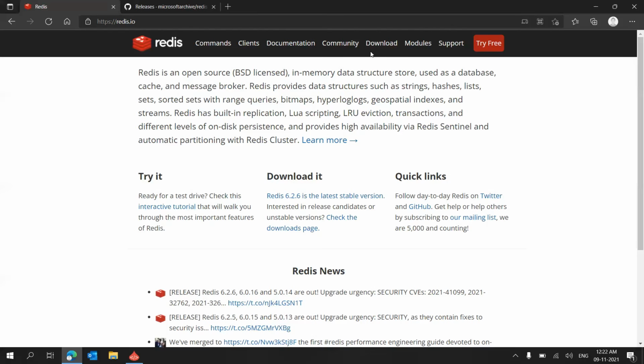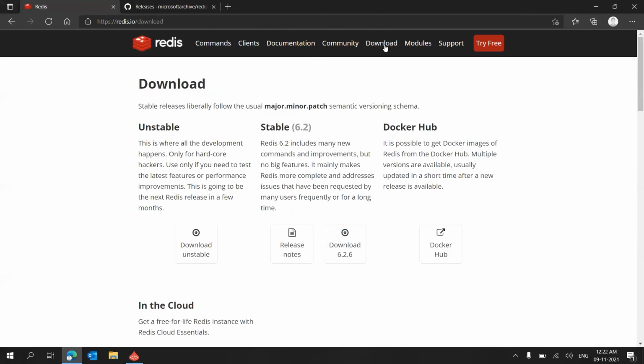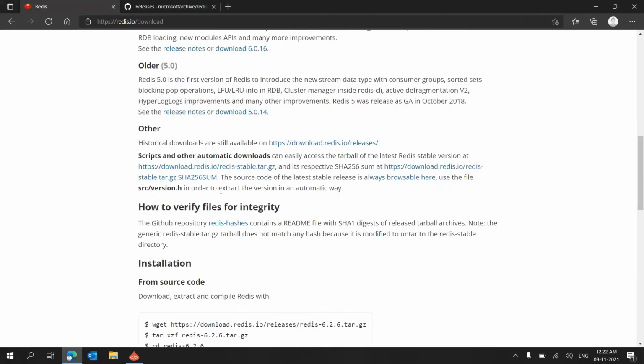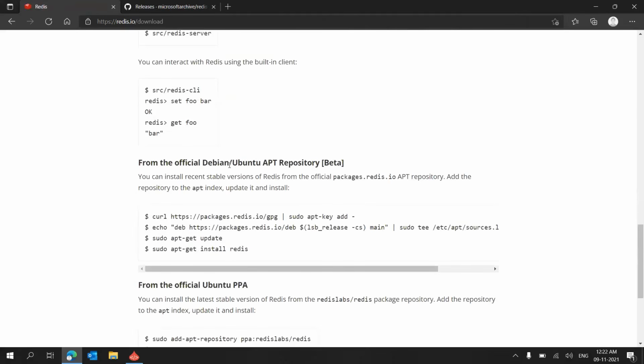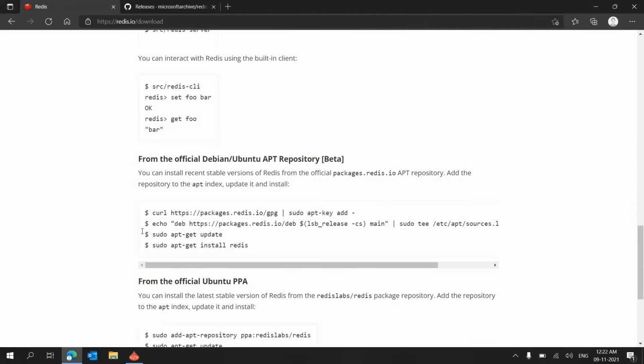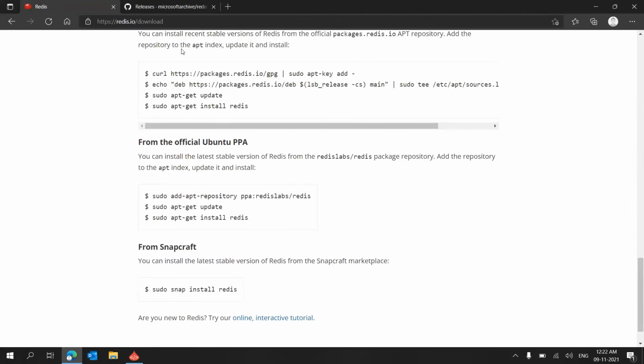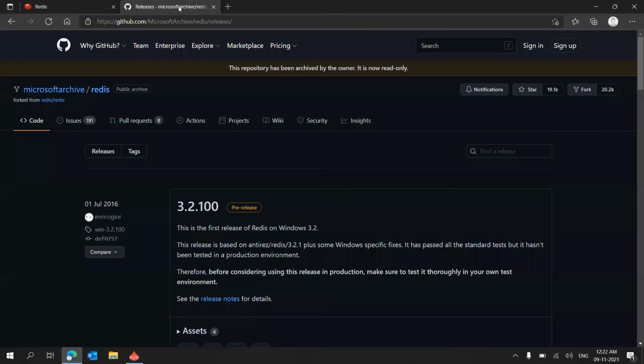Redis can be downloaded from this website itself. Here you can see the options for Docker. If you're using Linux, you can download it like this. For Debian, Ubuntu, all these details they have given. Now, if you're using a Windows machine, then you can use this URL. It's a GitHub URL,